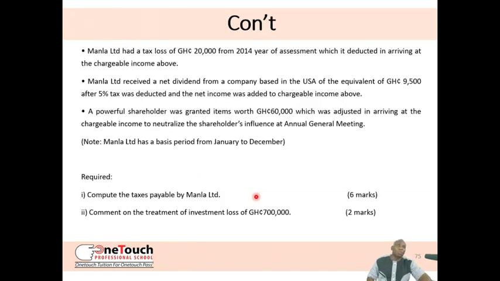Manla Limited had a tax loss of 20,000 from 2014 year of assessment, which is deducted in arriving at the chargeable income above. Now remember, I told you that the IRS Act ended in 2015. Now, remember, Manla Limited is not a mining company. So, even in the IRS Act, they cannot carry forward losses for a period of 5 years, as we just did in the previous question. This one, Manla Limited, is a mining support service company. So, if they have made any loss, under the IRS Act, unless for those businesses in the priority sector, which include mining companies, you cannot carry forward a loss. So, because Manla Limited is not a mining company, any loss that they have incurred cannot be carried forward under